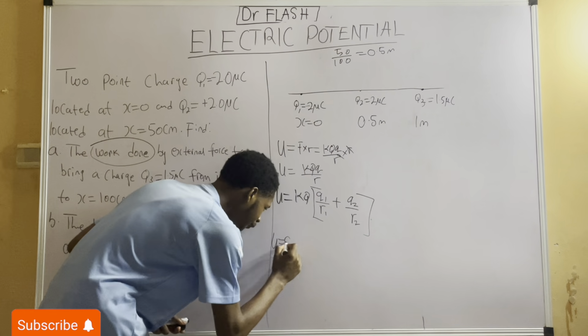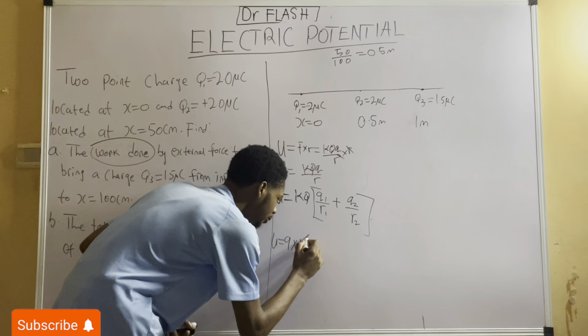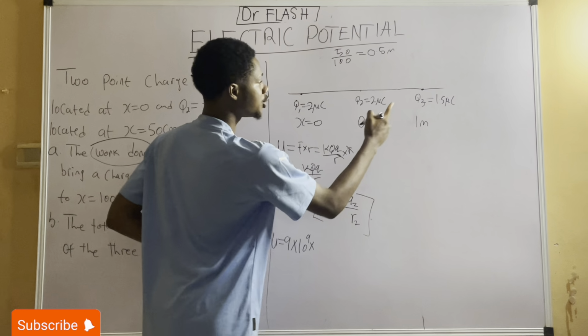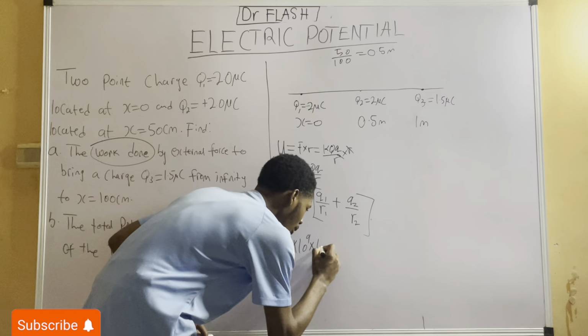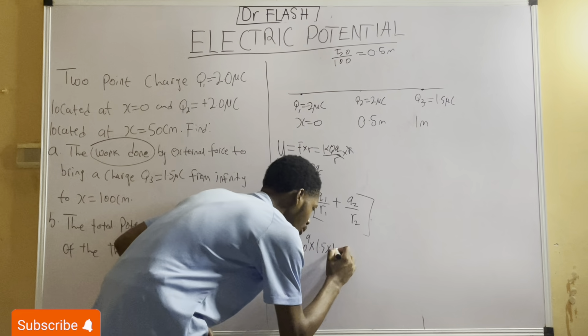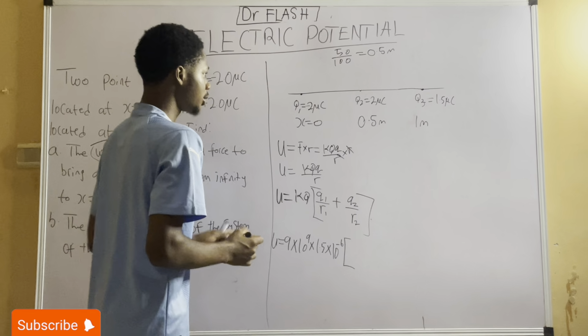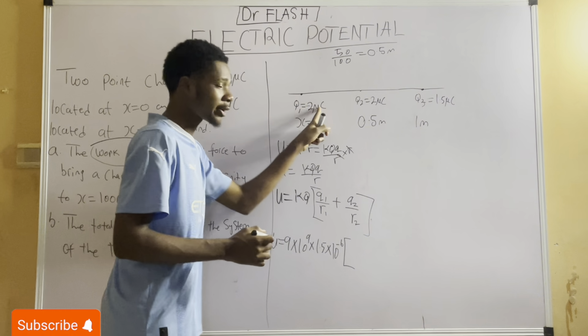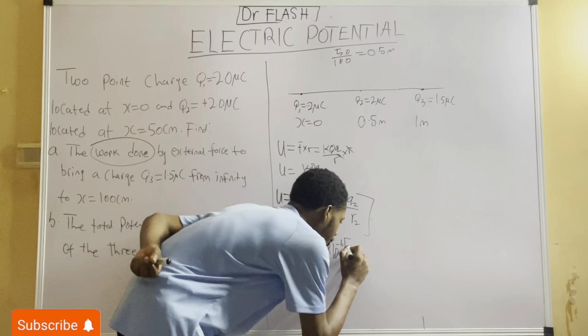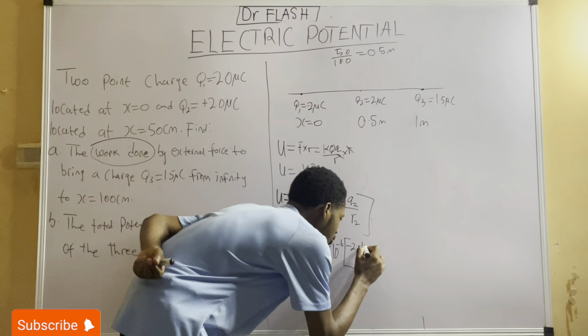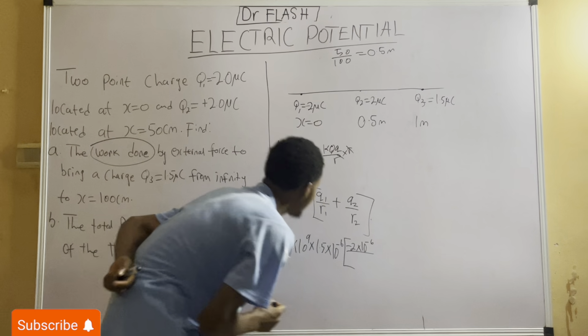K has a value of 9 times 10 to the power of 9. Now Q is Q2, which is 1.5 microcoulomb, so we know we have to multiply by 10 to the power of minus 6. And back here, we're left with Q1. In this case, Q1 is minus 2 microcoulomb, so I'm going to have minus 2 times 10 to the power of minus 6 divided by